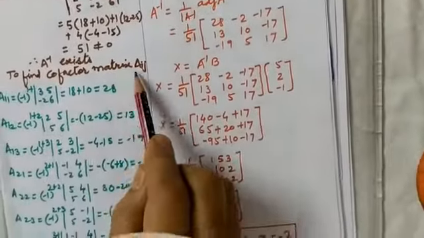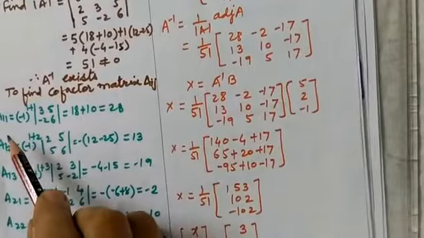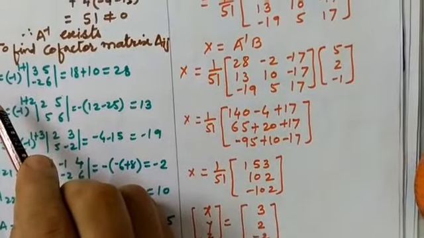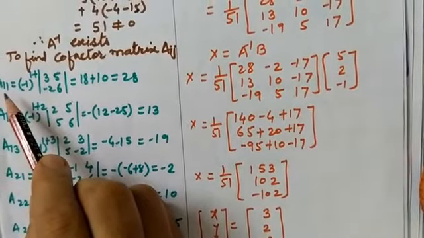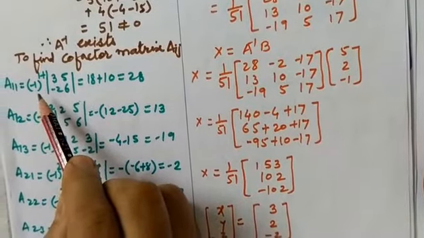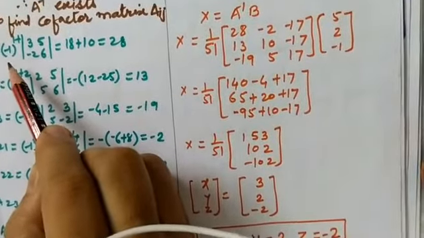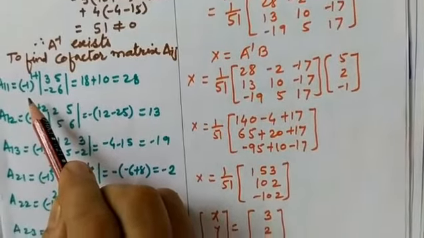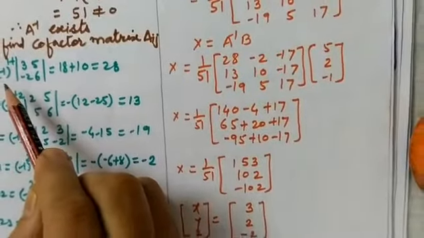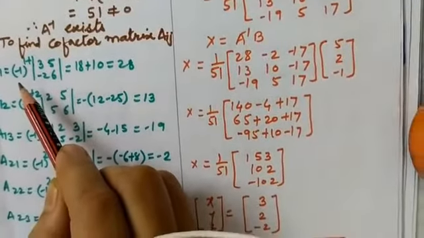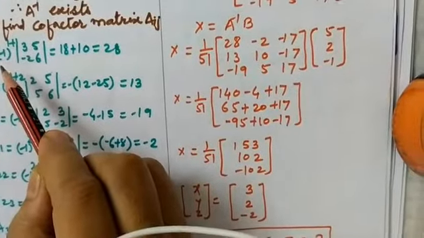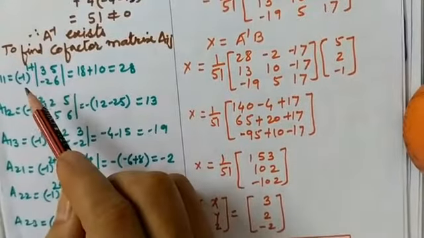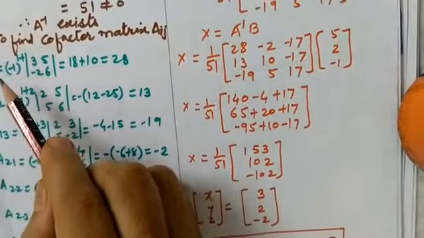So, find the cofactors Aij. Again, each and every number, cofactor of each and every number we have to find out. As we have seen in the adjoint method, you remember, same procedure, same things are repeated here again and again. From this, you must remember how important it is to practice the adjoint method, because you are solving this problem for finding out adjoint, then finding out inverse, again finding out the inverse by inversion method also. Now let us see one by one.